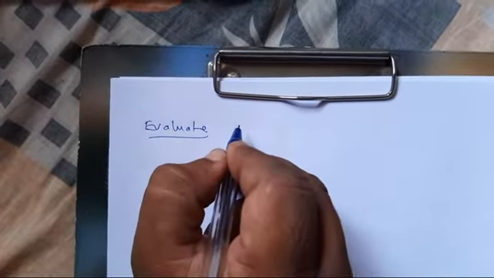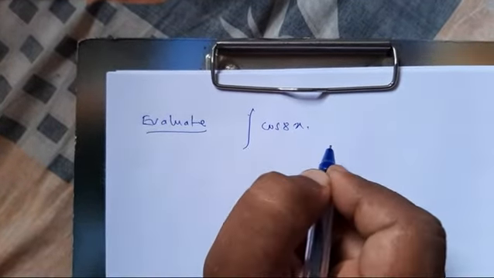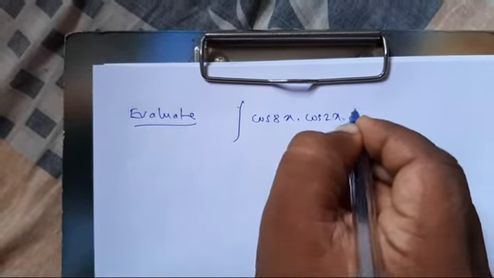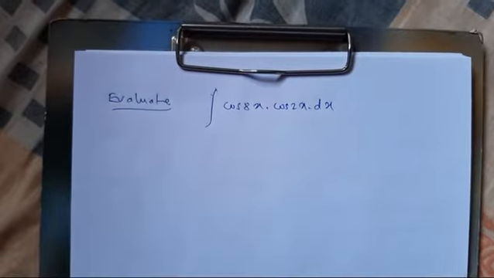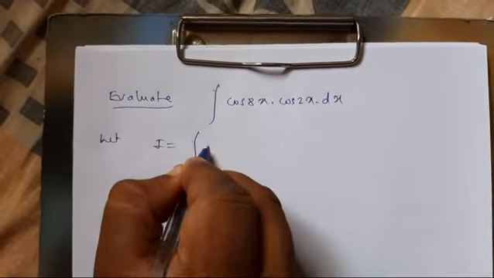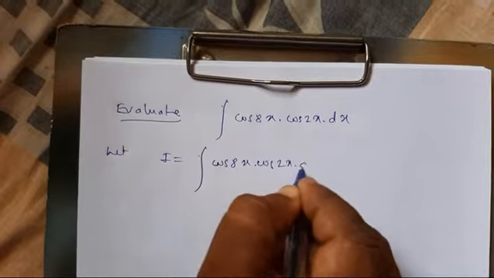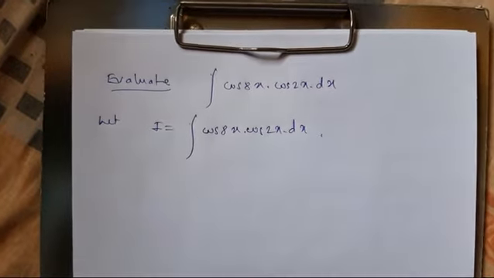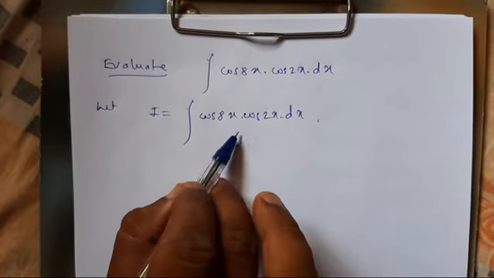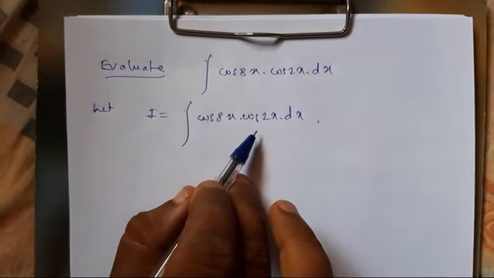Evaluate the integration of cos 8x into cos 2x into dx. Let I is equal to the integration of cos 8x into cos 2x into dx. Here we have a product of two trigonometric functions, so I cannot apply the by parts method. If I apply the by parts method here, I am not going to get the solution, because